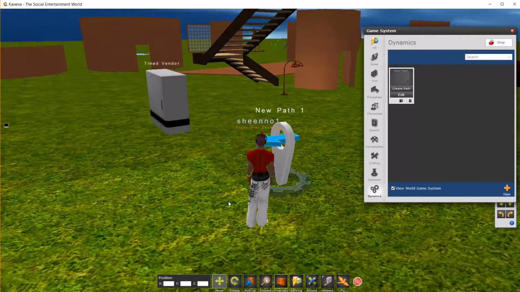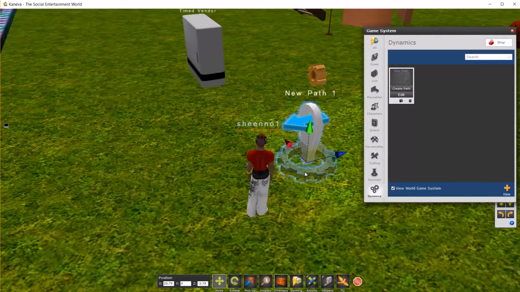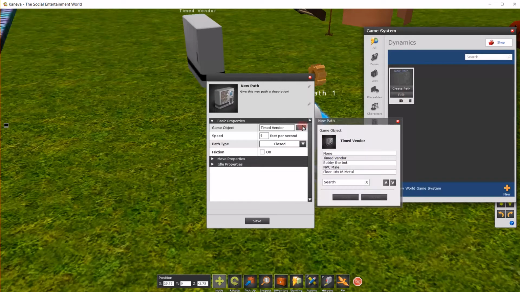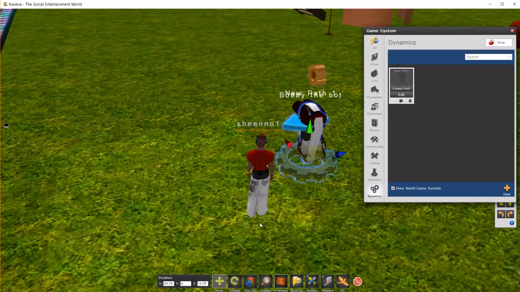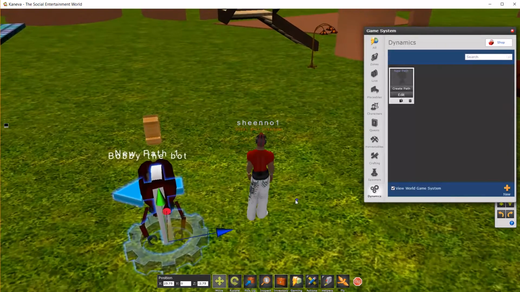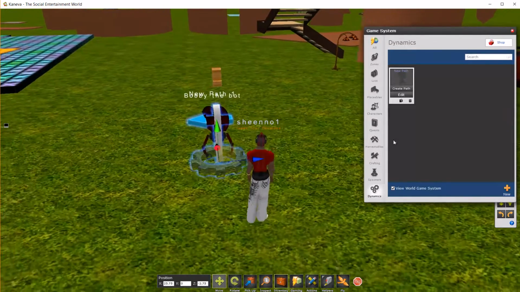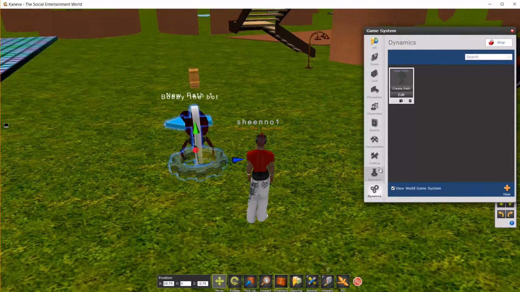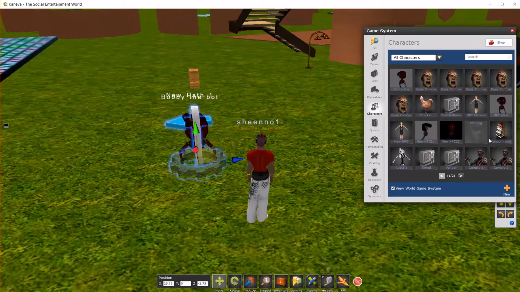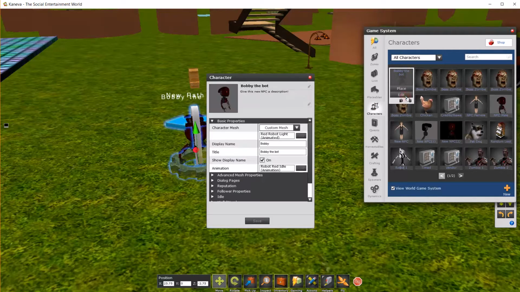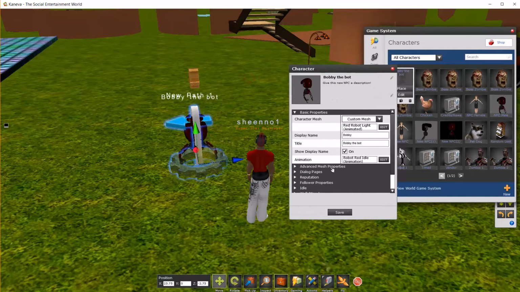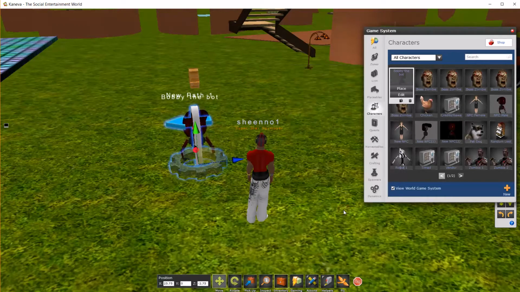So the next one that I have is rotation correction on NPCs is completely ignored. So if I come to here and change the mesh again to be Bobby the Bot, Bobby the Bot has a rotation correction to fix the way he's facing. So if I go to my characters now and I go to Bobby the Bot and I go to advanced mesh properties and I change any of these settings to be no matter what, it